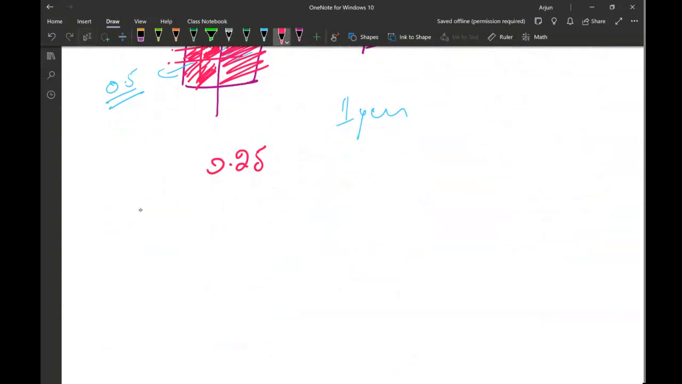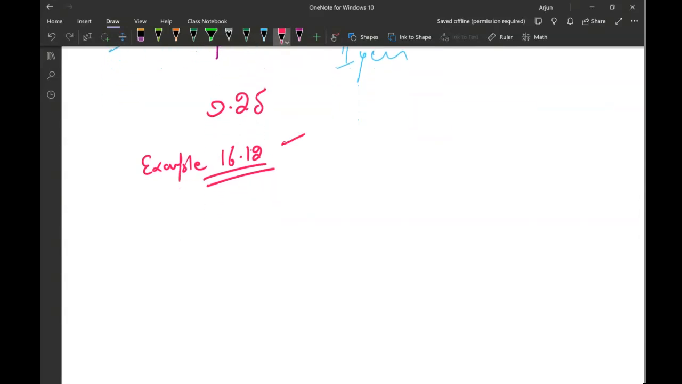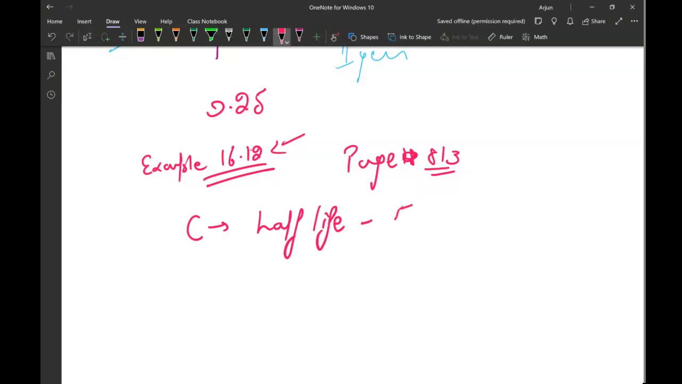Now let's dive into a question on the half-life. I'm going to take an example 16.2 from the same book which you are studying. That is the Pearson Physics Grade 12 for Calgary Board of Education. So example 16.2, that's what I'm taking, page number 813. Page 813. In that example, you are given that carbon has a half-life of